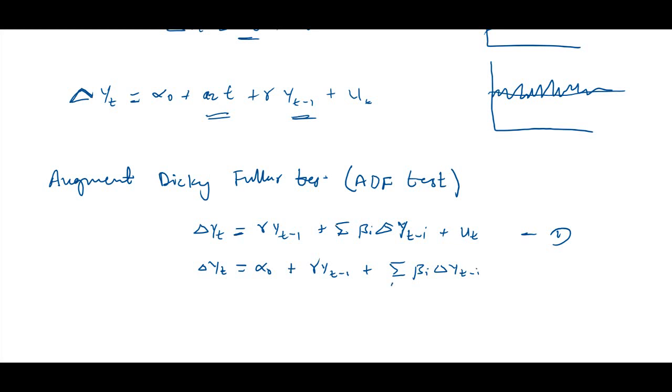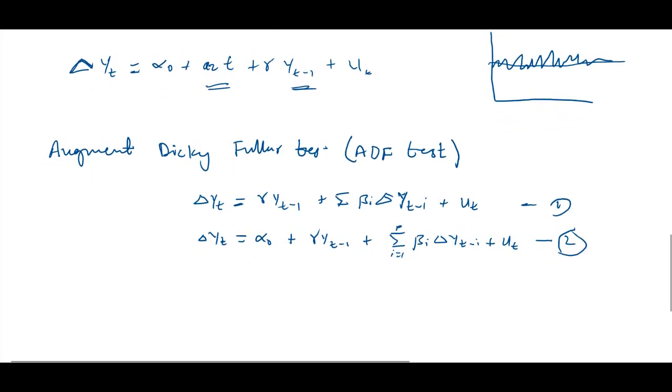So this becomes our second equation that involves the constant term, and we may number it the summation as i from 1 to p, and the same is true for the first equation as well. So this is our second equation, and the third equation will now involve the time trend, and we can write the time trend as